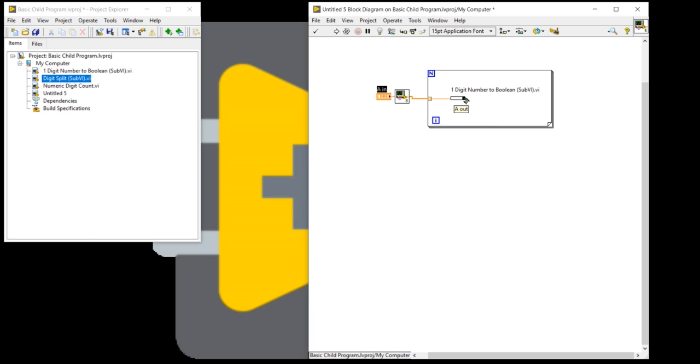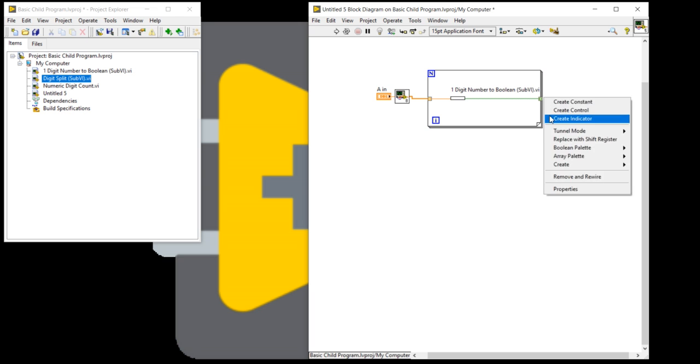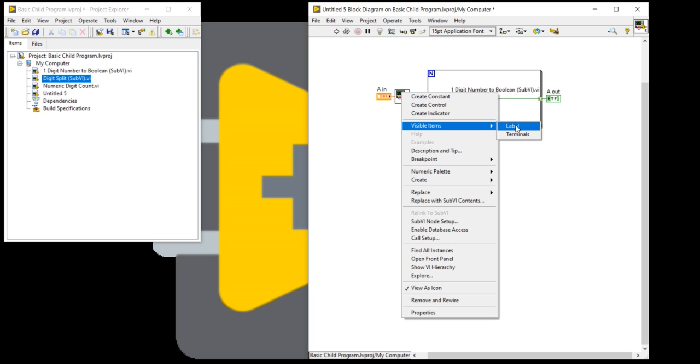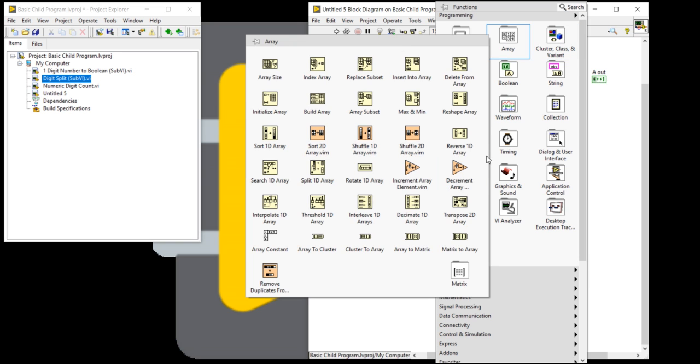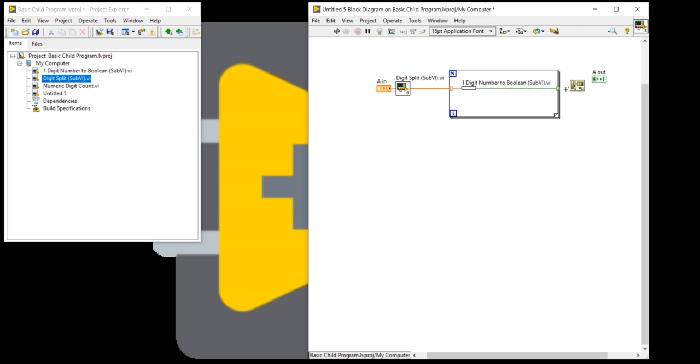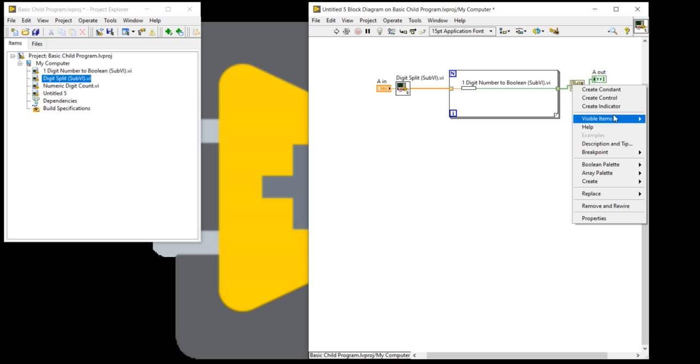But how? Before that, I will take this one. Create a control. Control B, indicator. Control A, control U. Now here, I will place one more thing, and that will be transpose 2D array.